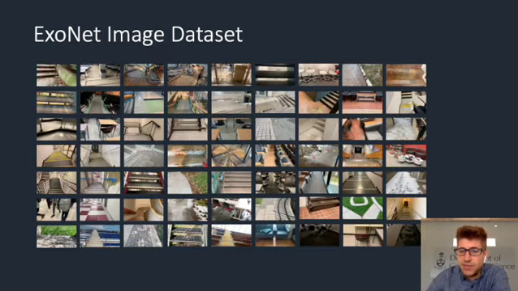And so this motivated us to develop the open source large-scale ExoNet dataset. Again, we used a wearable RGB camera to collect images of indoor and outdoor real-world walking environments. However, this time we collected over 52 hours of video, which amounted to approximately 5.6 million images. And we uniquely collected these images across multiple seasons in order to take into account different weathered surfaces like snow, grass, and multicolored leaves.